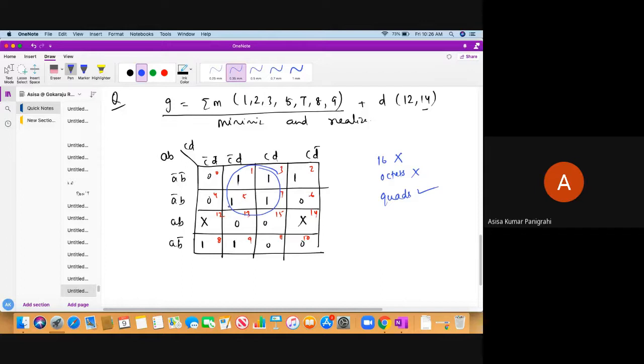And what can I do? Is there any other quad? No. So then go for pairs. Are any pairs present? Yes, some pairs are there. So this is one pair, and also this is another pair. Okay, so over here I'm not going to use any don't care, as per rule number 5. I'm not going to use it, because all my minterms have been combined with other minterms. What is the need of using those again to combine with the don't care? Do you all understand what you need to do?